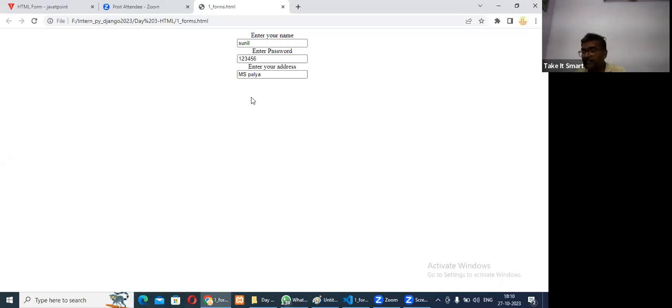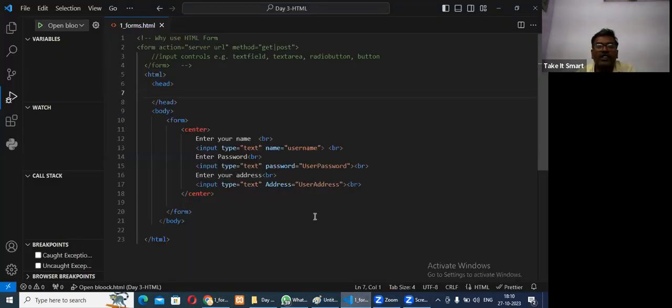So there is no action, there is no button. Further I am going to add a button. Fine. So here I see the password is visible, but you may be seeing that none of the forms will be showing you the password. So what we can do? What we can change here? Any idea? So here the input type, what is there for the password? There is an input type as a